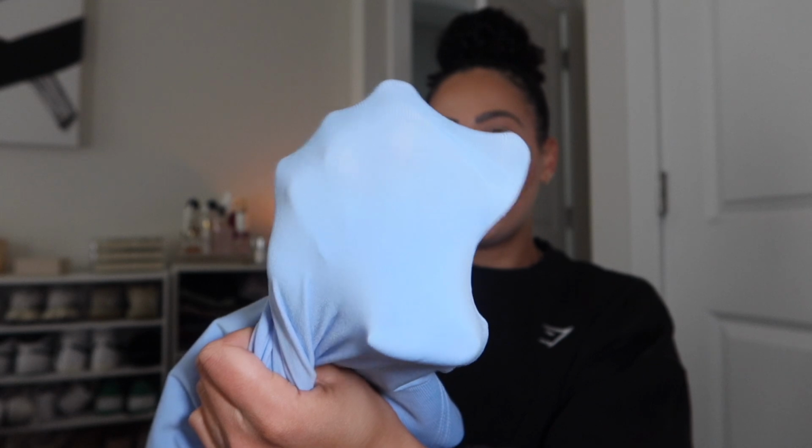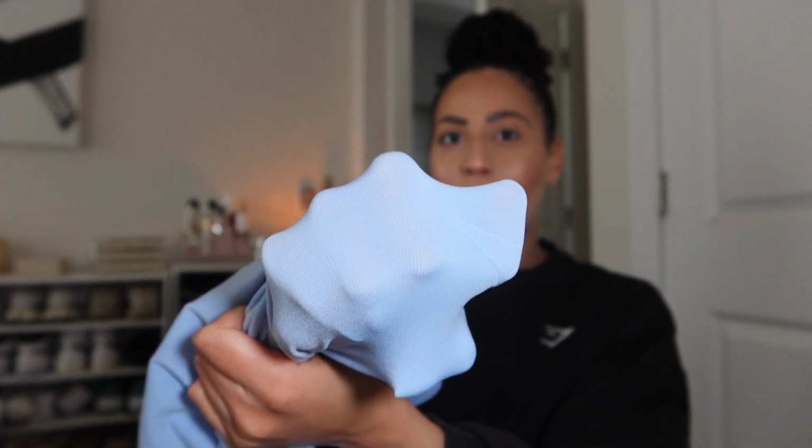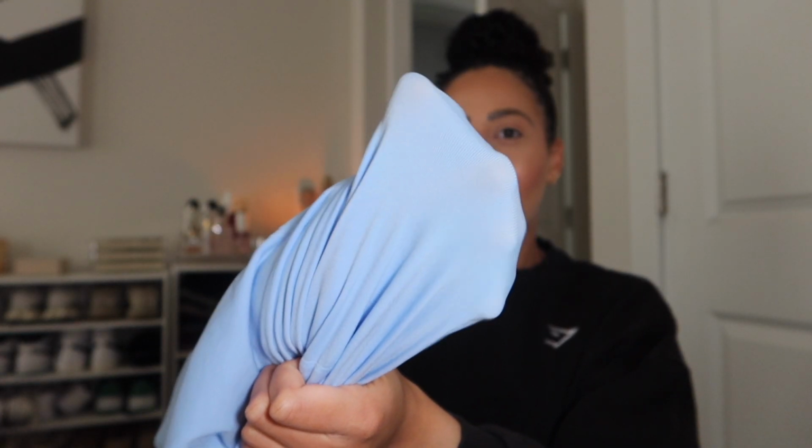So also going with a size medium, I am in between small and medium, it wouldn't have so much stretch to it where it wouldn't look so sheer. But this blue is super stunning. I am filming in front of a little box light, so it's gonna look more intense than my gym lighting, but honestly it doesn't look too bad for it being so light in color. And this